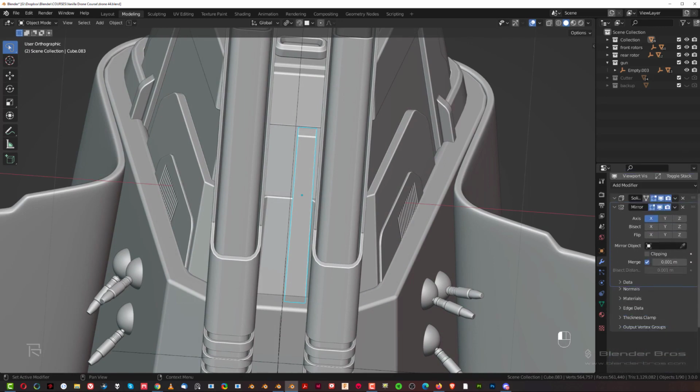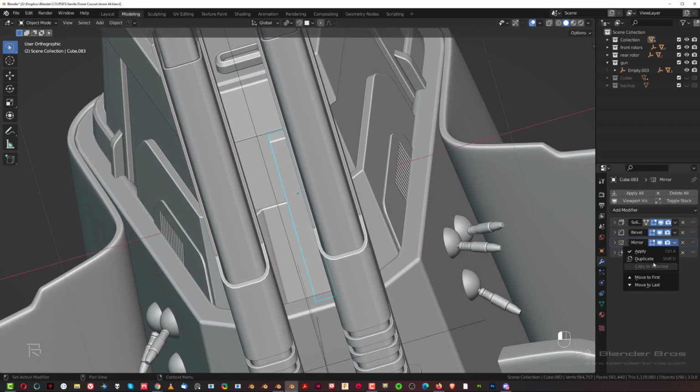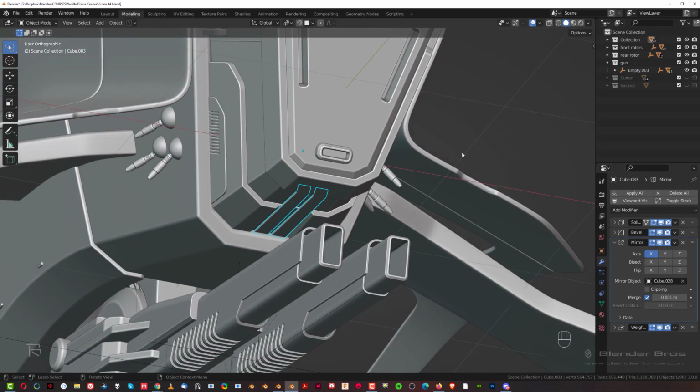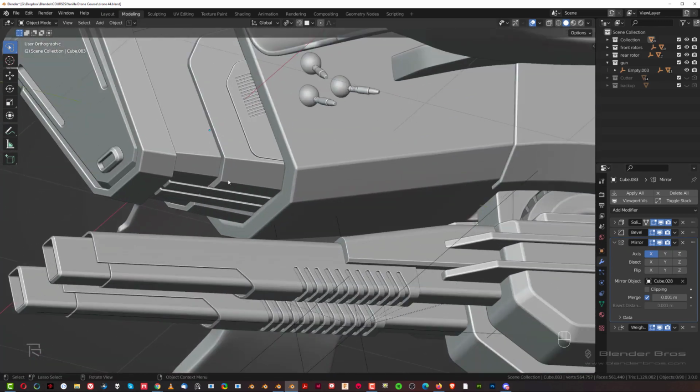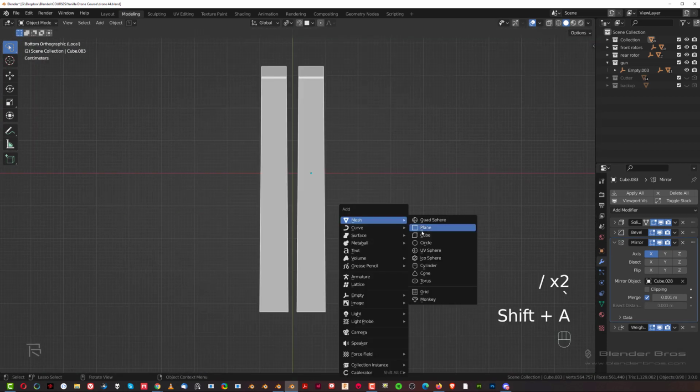Across this shape here. Let's just collapse these modifiers, I can't see what I'm doing. There we go. And we're going to mirror that across this shell here. There we go. Cool. So there's a bit more interest here. And what we're gonna do, grab that, grab a cube,